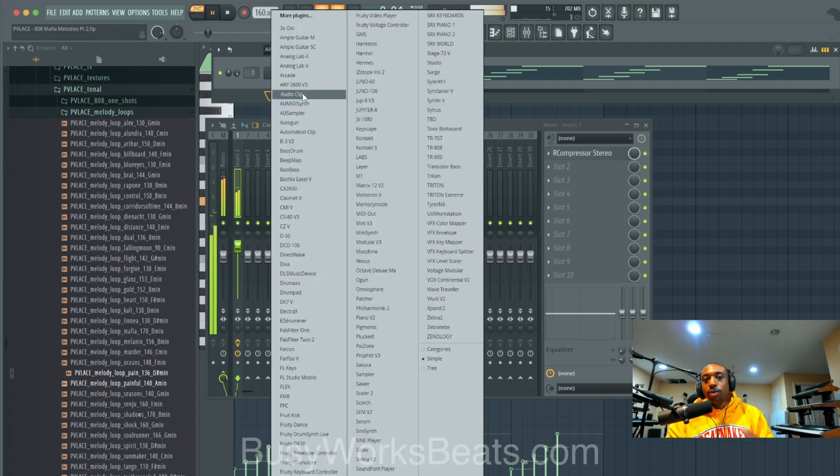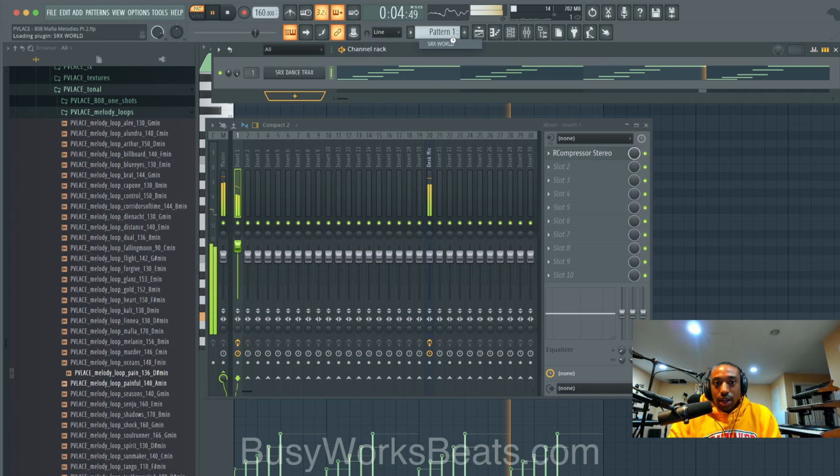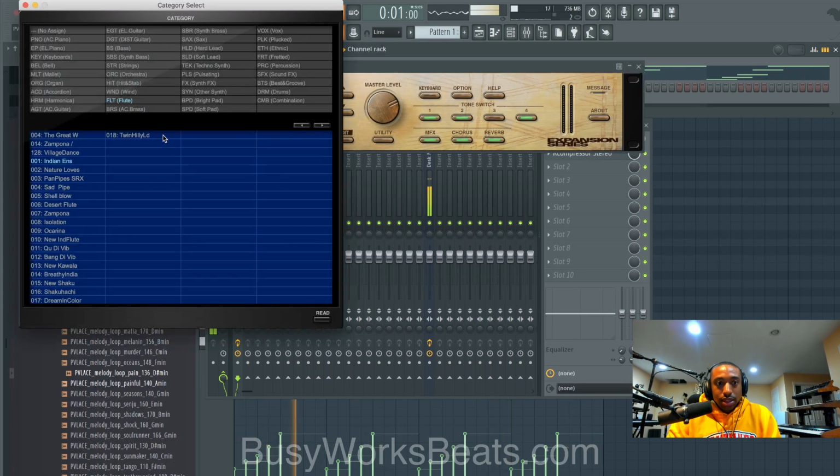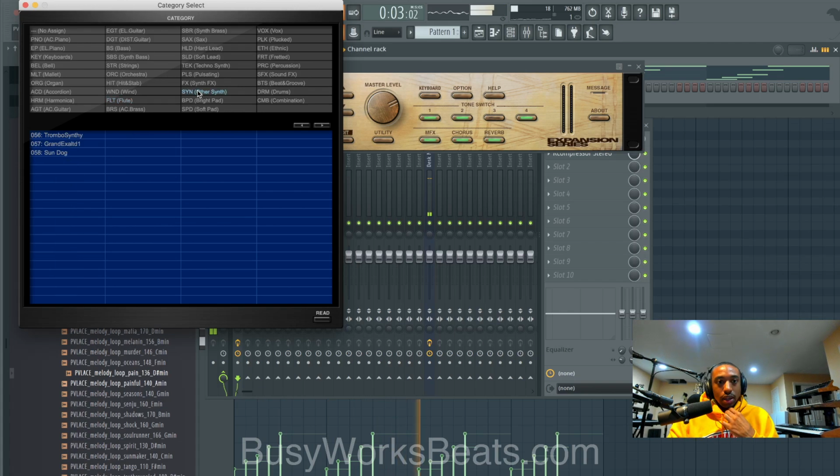Okay, so now we're going to layer it with some kind of other sound. Some people call this a counter melody. Some people call it an accent sound. Let's just go in and find another sound that goes with the sound. Let's keep it that simple. Let's go to SRX World and let's pick a category. Let's try, we need something different. So this one's very plucky and lightweight. Let's find something very vibrant and longer. So let's try a synth. We don't want anything too bitey and too distracting.